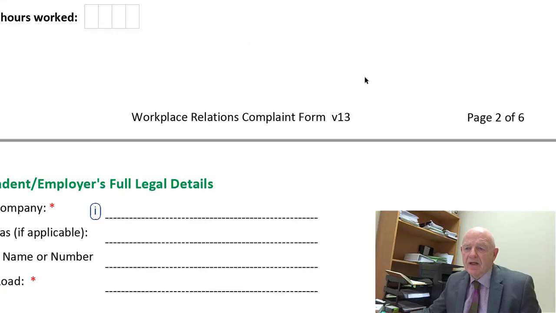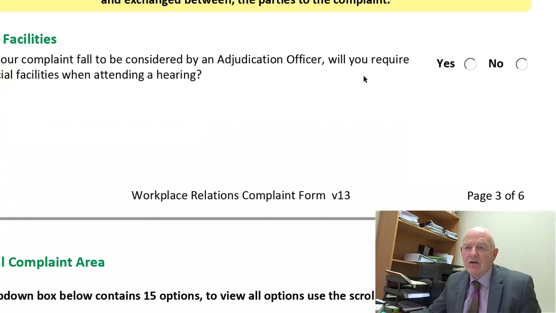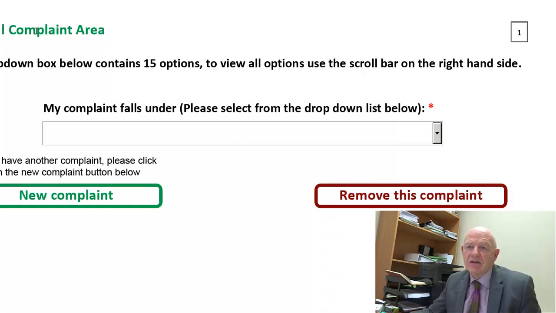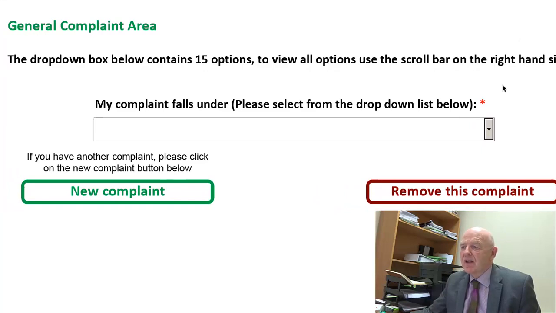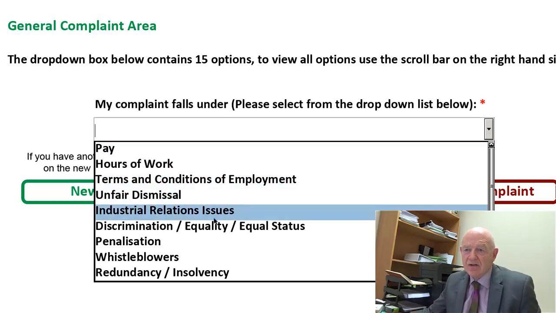What I'm concerned about is the drop down menu in the general complaint area. There's a box here saying that my complaint falls under, and you select from the drop down list below. When you go to select from the drop down list, however, and you check penalisation,